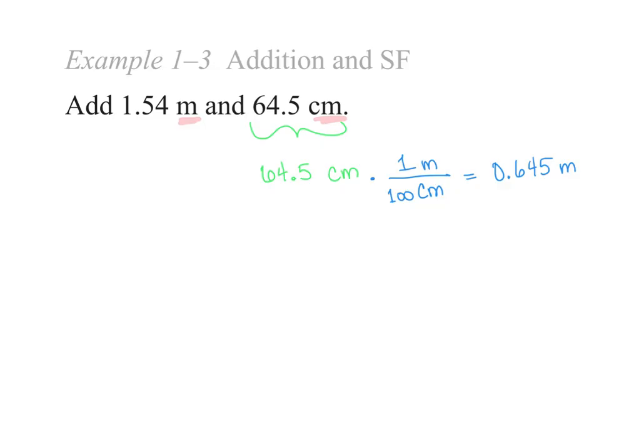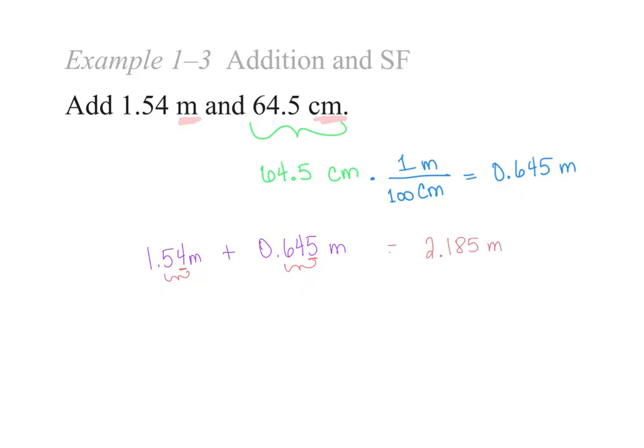So now I'm going to have my 1.54 meters, and I'm going to add to it my 0.645 meters. Now, when I look at precision here I only have two decimal places. Here I have three. So my last significant figure here is 4. Most precise here is that 5 here. Well, when I add those up, I get